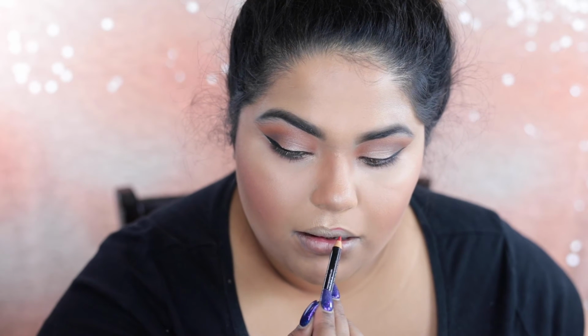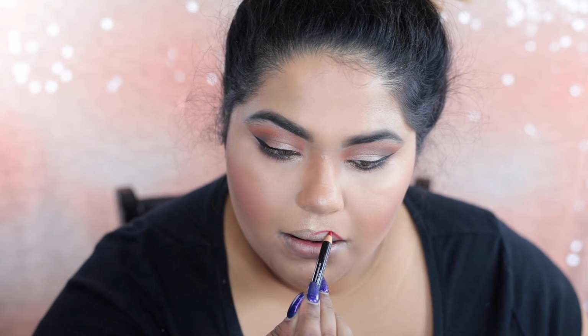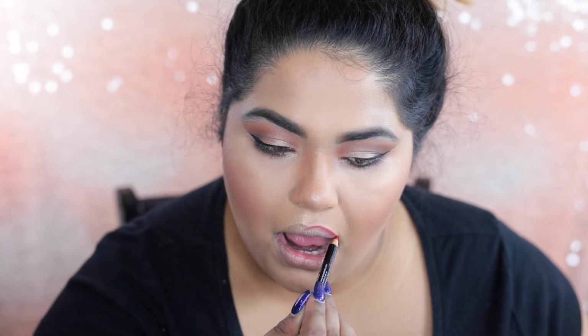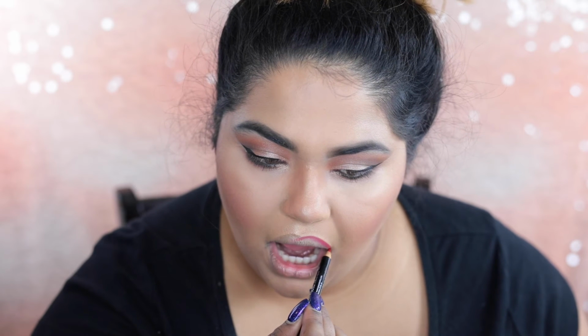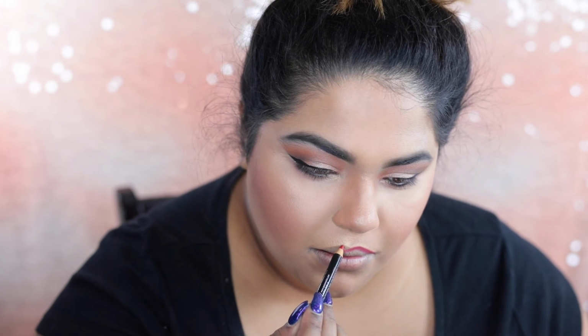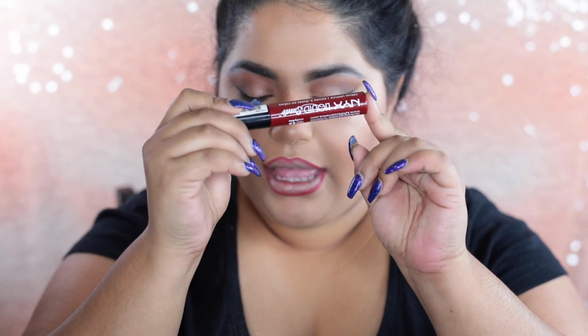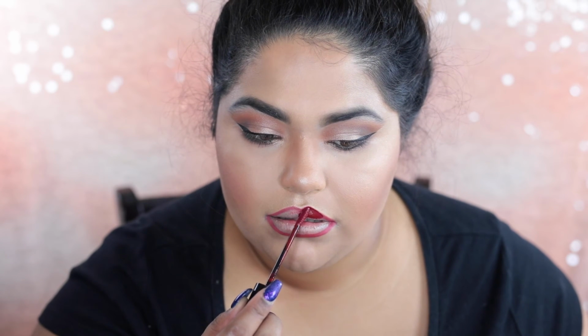Okay, so to finish off the look, we're going to have to go in with a red lip. And I'm going to start off with this NYX Hot Red Lip Liner. NYX Liquid Suede in Cherry Skies. This looks like the dupe to the Mary Jo K, but I think Mary Jo Kylie Liquid Lip is a little bit brighter than this. But if you want to do a drugstore dupe,